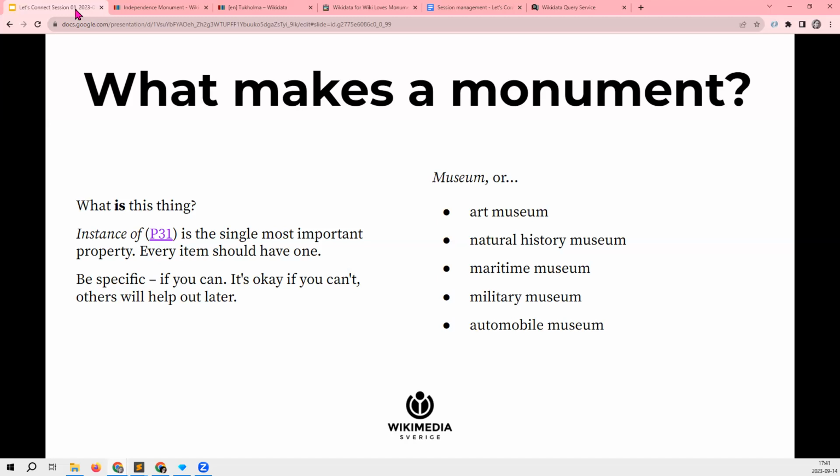So if you know that a museum is an art museum or a natural history museum, then you should add that specific instance of, and not just museum. But of course, sometimes you are not able to be very specific, and then it's okay to use a higher level value on the instance of statement, because other users sooner or later will find it and improve it.